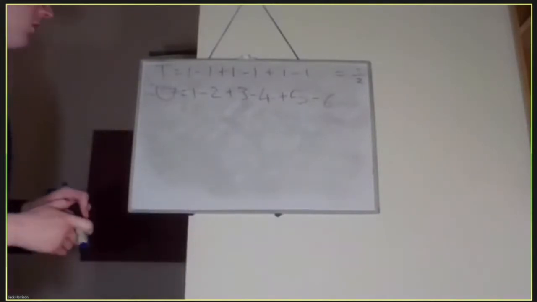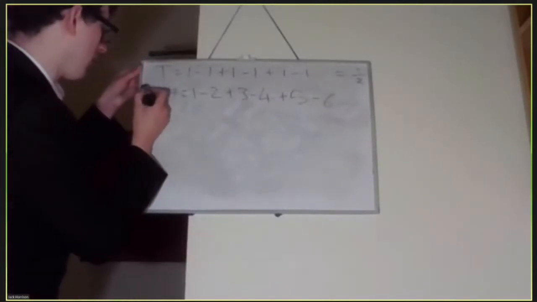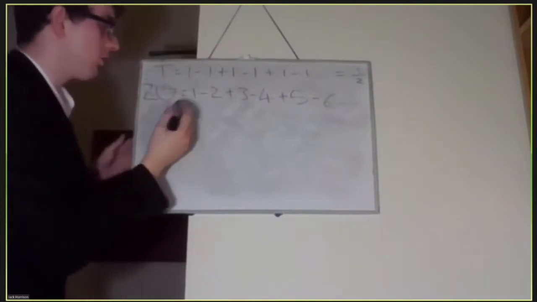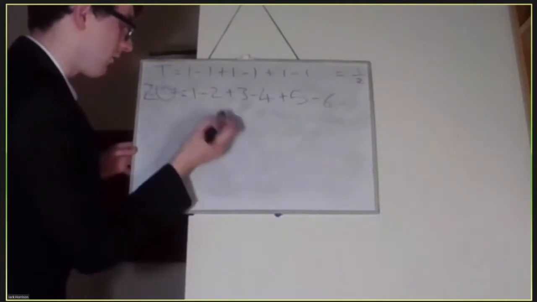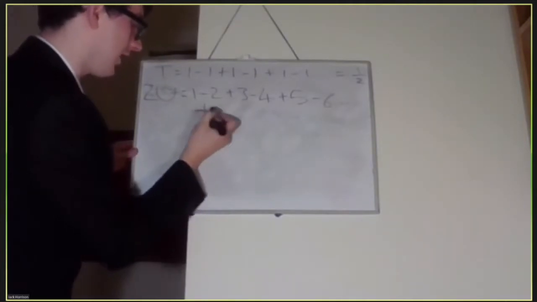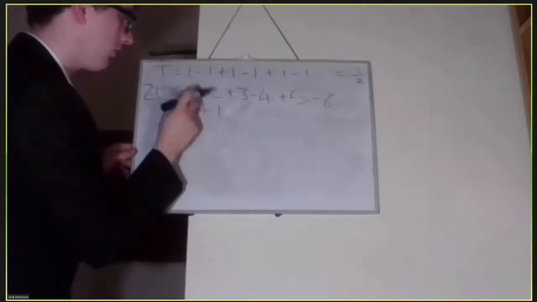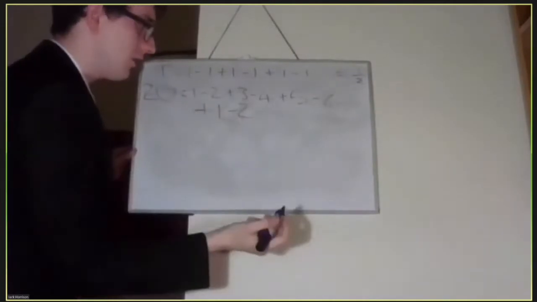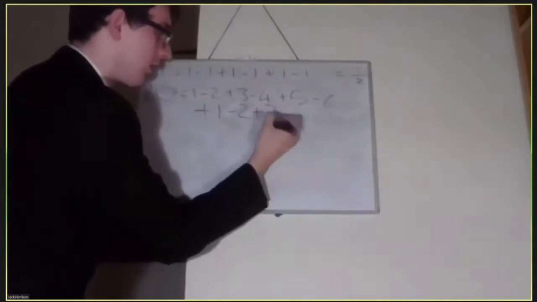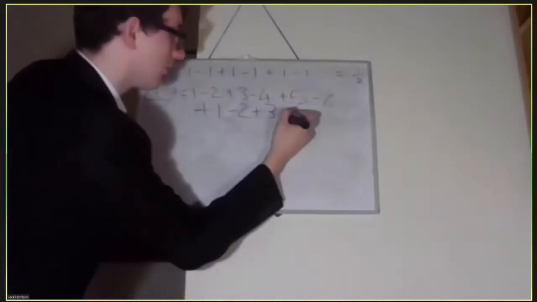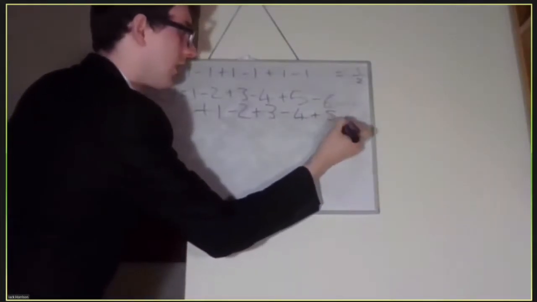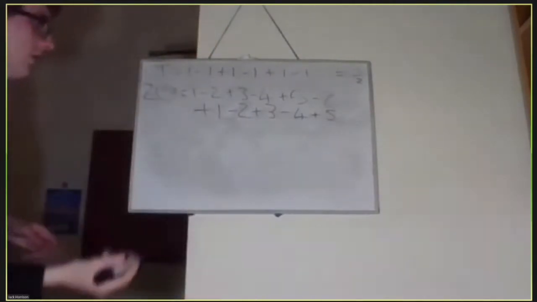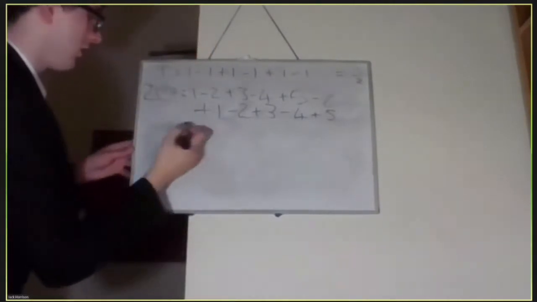What if I tried to evaluate 2U? Well, 2U is U plus U, so we need to add on a U. But I'm going to do it in a different way. I'm going to move it along slightly. So I'm going to add it here. The 1 goes below the 2. The minus 2 goes below the 3. The plus 3 goes below the minus 4. The minus 4 below the plus 5. And the plus 5 below the minus 6, etc. So that's 2U, which is,